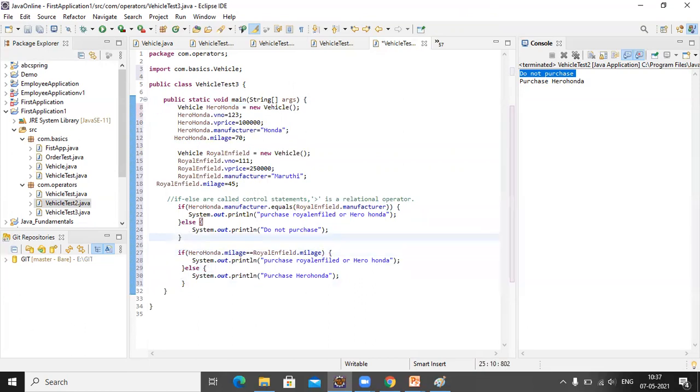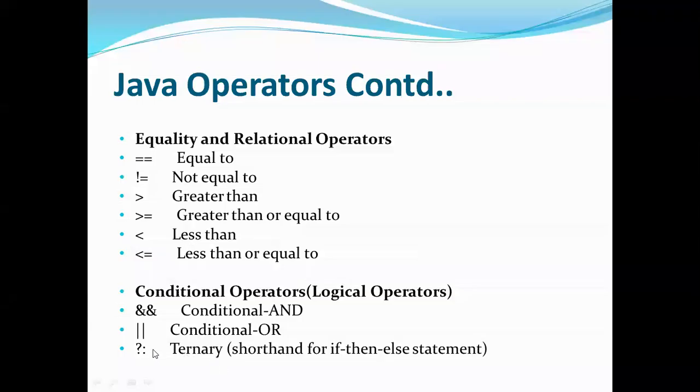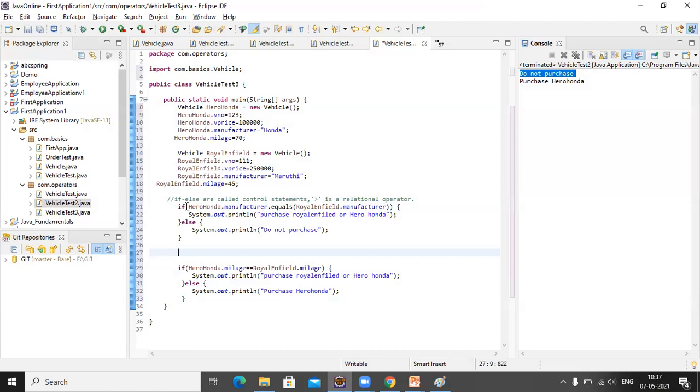So how to take ternary, that is question mark colon. Okay. So let me take with mileage.